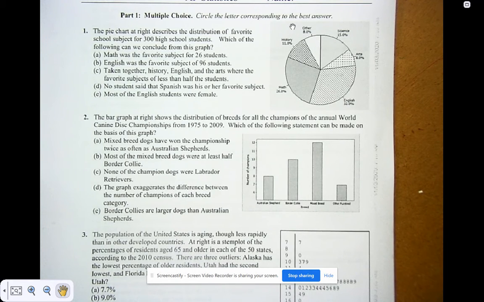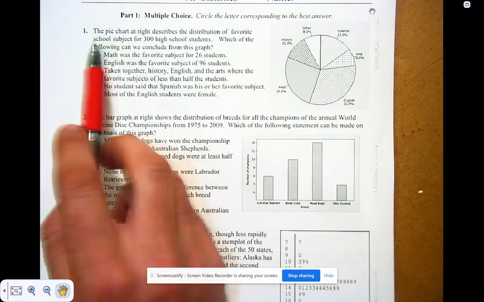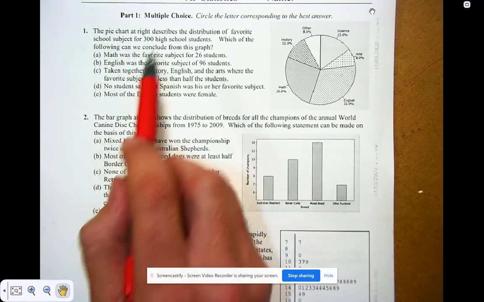So I'm going to break this into 2 parts. This is going to be the multiple choice part, and then I'll post one after this that will be the handwritten responses, okay? All right, so the first one here, it says a pie chart at the right describes the